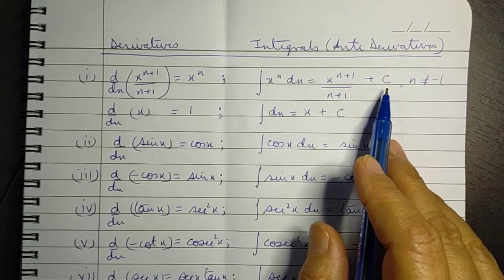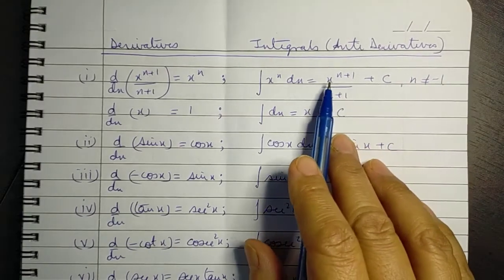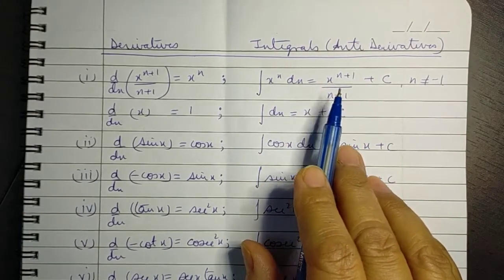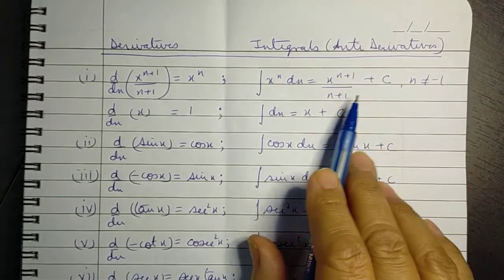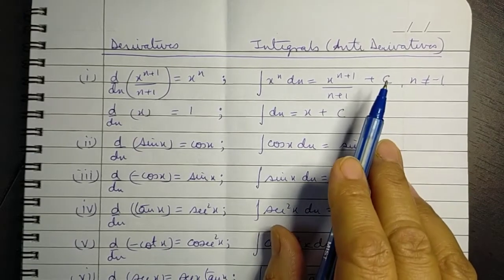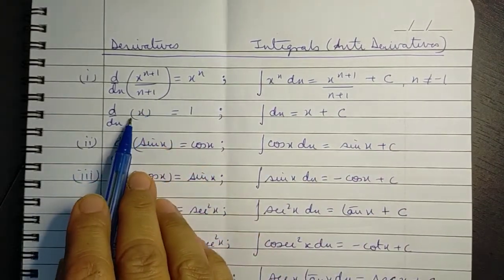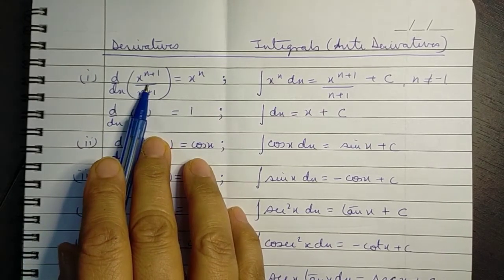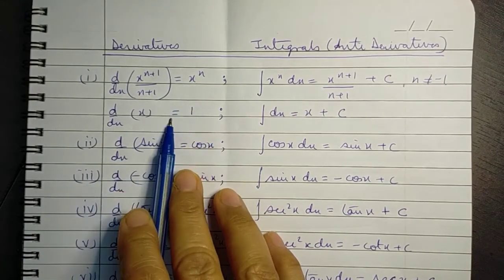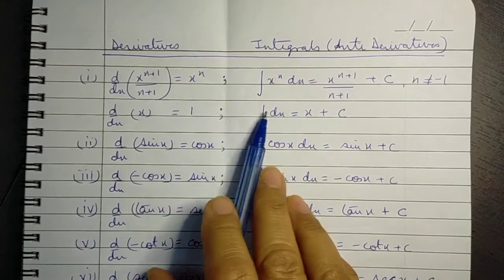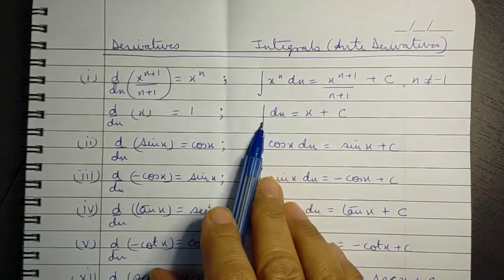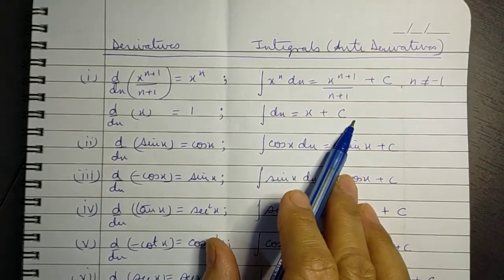an arbitrary constant. This is something very important because we know that the integral or indefinite integral is not unique. So you have to write all possible values, and for that you have to always add an arbitrary constant. Now, from here in particular, when you put n equal to 0, you get the derivative of x as 1. So from here you get the corresponding integral as the integral of 1 dx, which can be written as only dx. So the integral of dx would be x plus c.